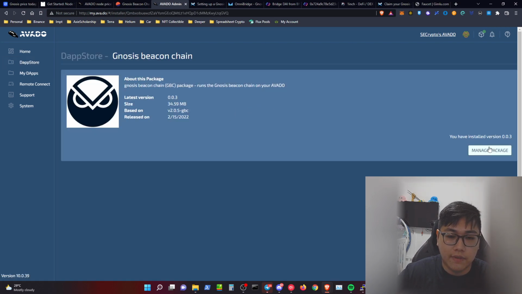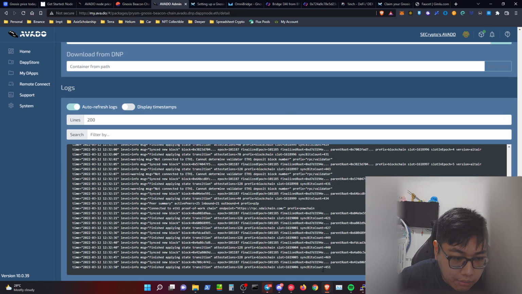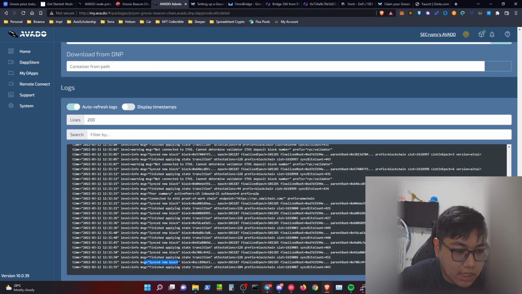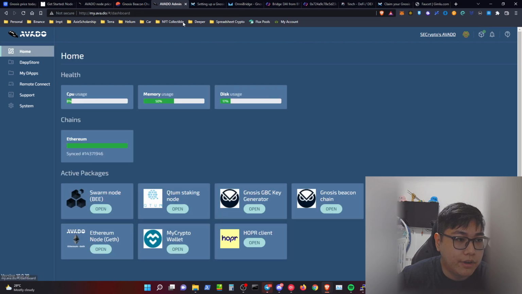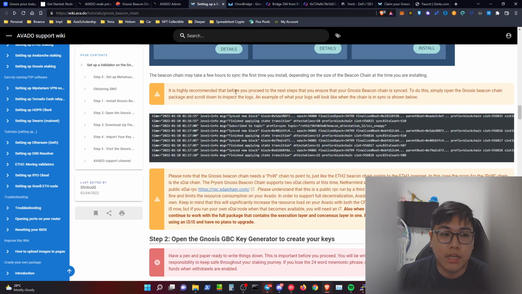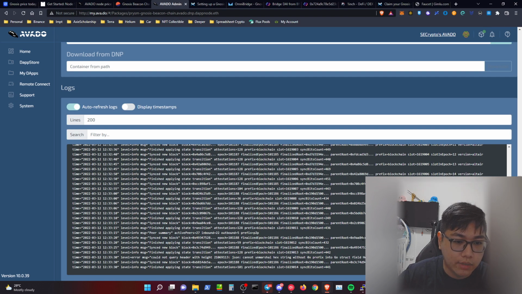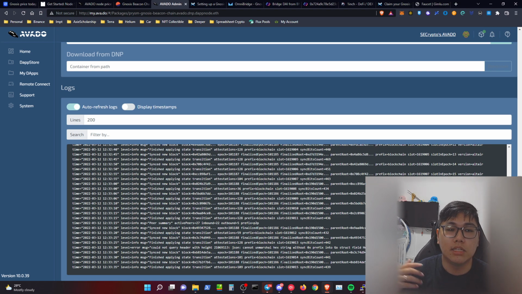To check if it's synced, just click on the package and manage, scroll down all the way, and you will see messages telling you finish applying, and after that sync new block. If you want to check it out, it's very simple, just follow the guide and scroll down. It tells you how to check if it's fully synced. Once it's fully synced, you will see this message: sync new block, finish applying, sync new block, but it's basically just a repeating message. In my case, I already saw it all, and it is telling me that it's totally synced. Over here you can see the message looks the same, sync new block, finish applying, and this is already the latest chain.